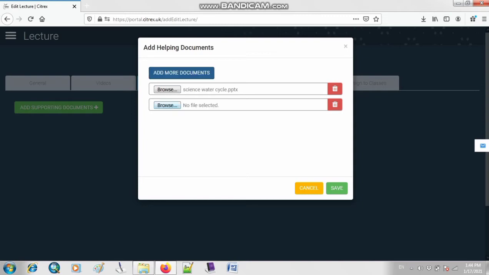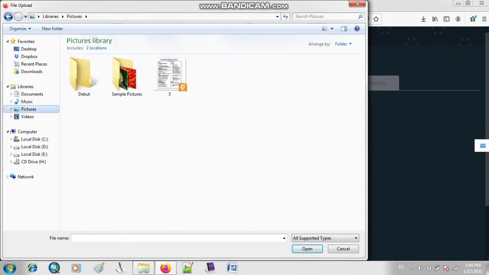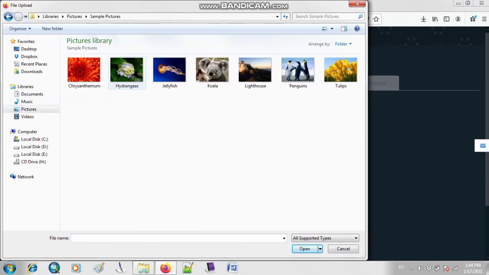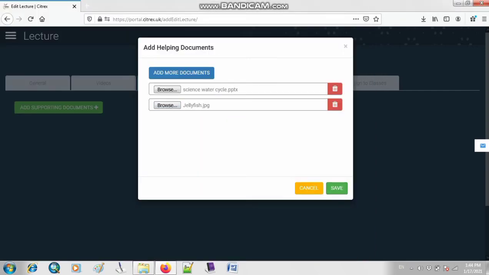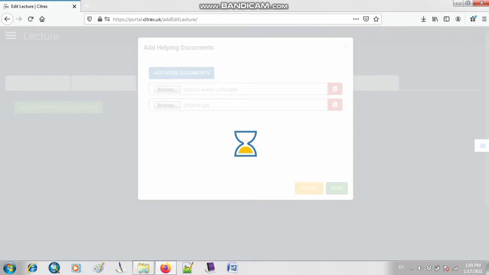Like for example, if you will click on this, a new tab will appear at the bottom of your page. So you can click again on this option of browse. You can attach a picture. Okay, for example, I'm selecting this picture of jellyfish. Click on this option of save. So your documents will be saved to your file. Okay, it will take a little bit of time. So if your internet speed is good, you don't have to wait like I'm waiting right now. Okay, then when it becomes saved,